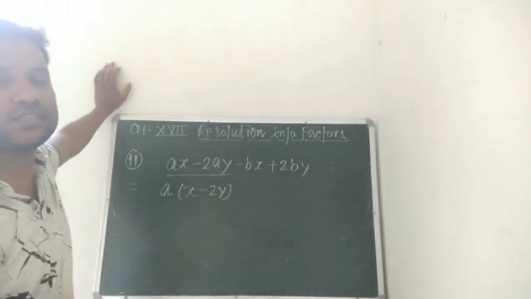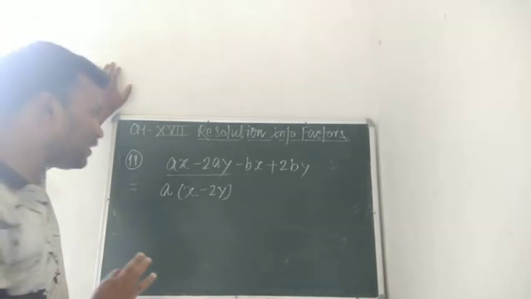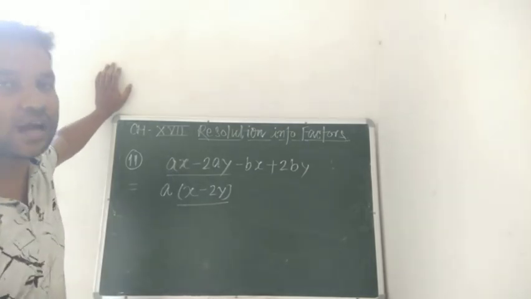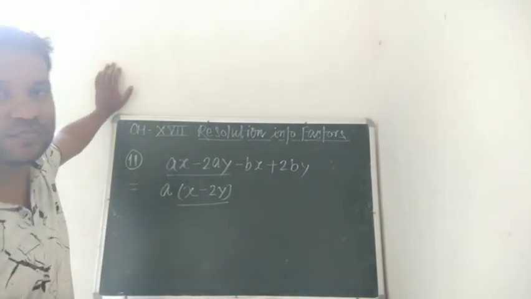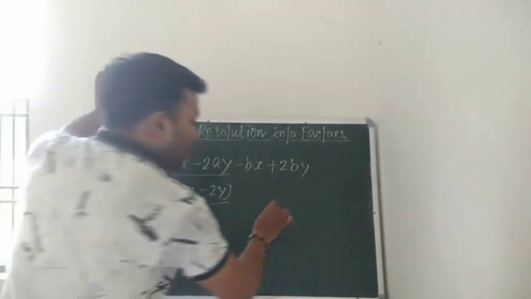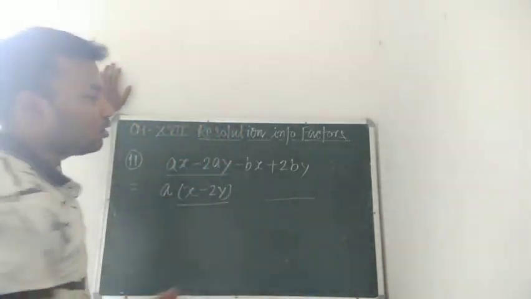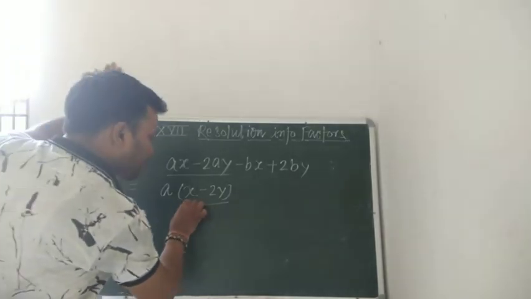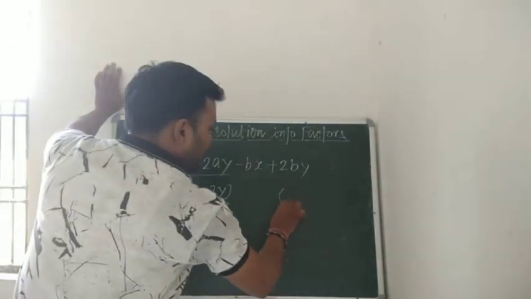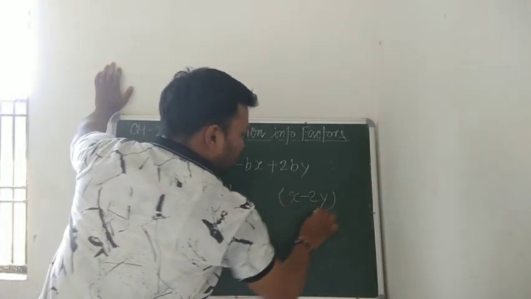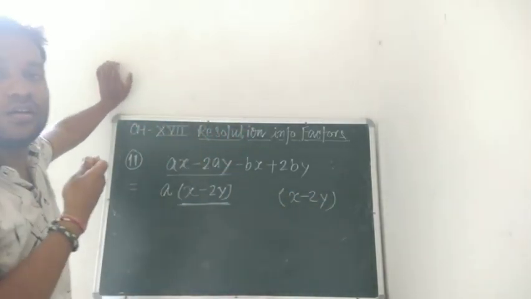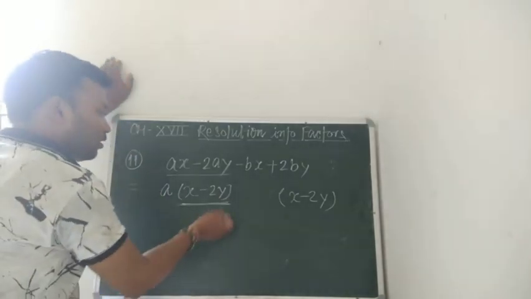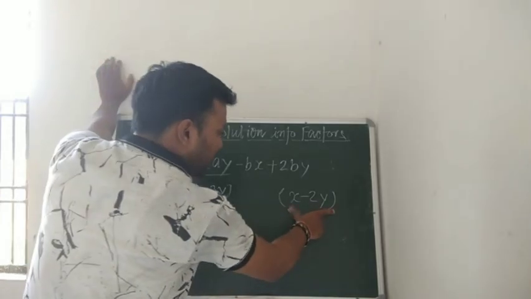Students, in such types of problems, it is very clear that whatever compound factor we get in the starting two terms, we will get the same compound factor in the last two terms. So to save our time, we can write this compound factor here as well, because it is very clear that we are going to get the same compound factor. So we will write this compound factor once more here.